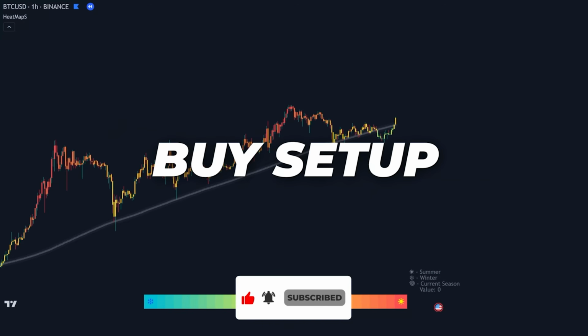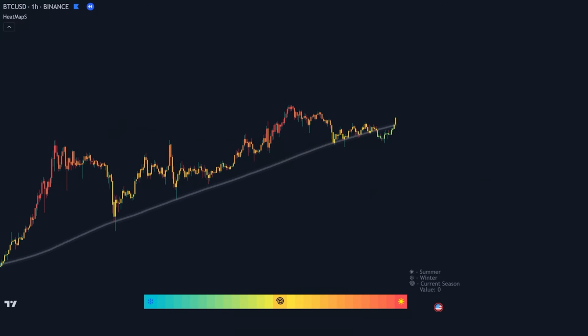Buy fake-out trade setup. The price is generally in an uptrend as it's trading above the regression line, signaling that bullish momentum is dominating. However, we see the price attempt to dip below the regression line, creating a fake-out. This false breakout occurs when the price briefly moves below the regression line, but quickly regains momentum and fails to